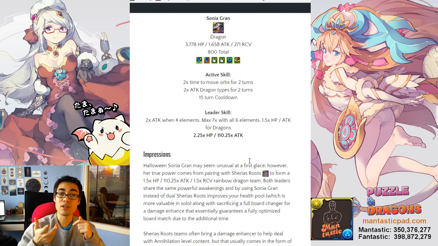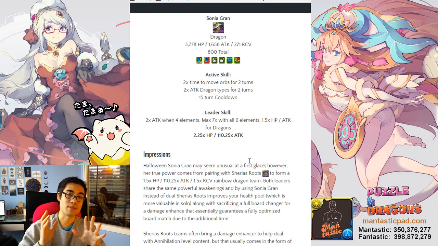Now, her leader skill is 2 times attack when matching any 4 elements, and you get a maximum 7 times of all 6 elements. In addition, you also give 1.5 times health and attack for dragon type monsters, so dual Sonya Grans actually form a 2.25 times health, 110.25 times attack team. And you should really just pair with a Sharius Roots in all honesty because the health